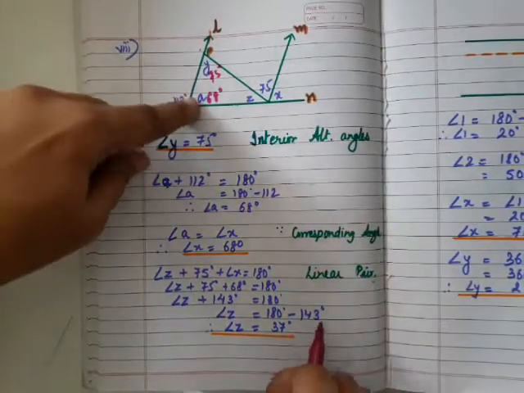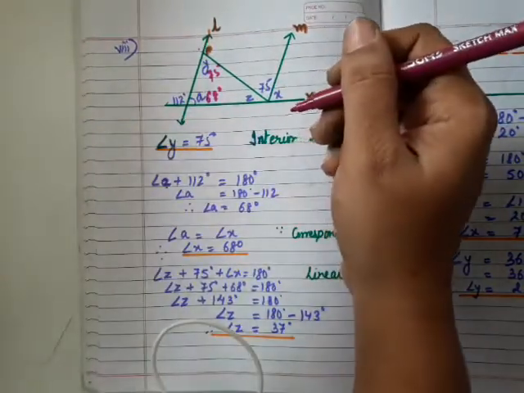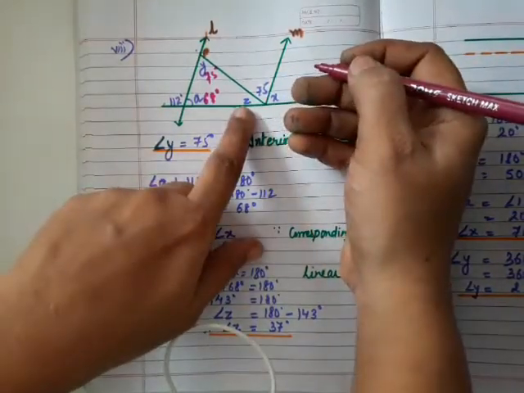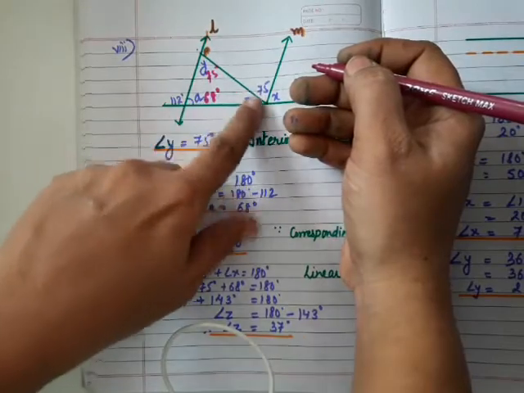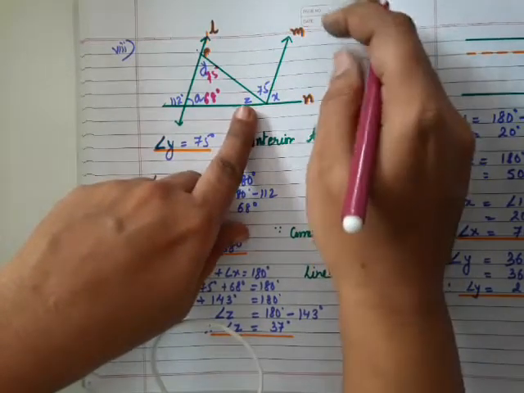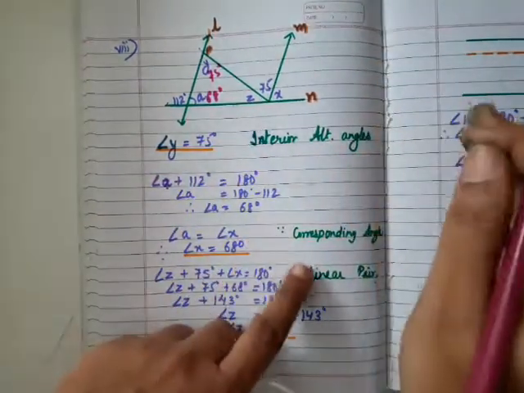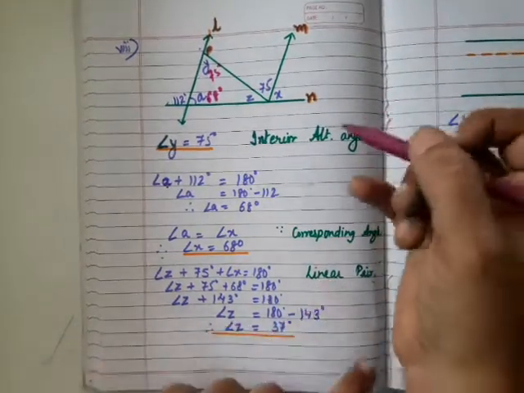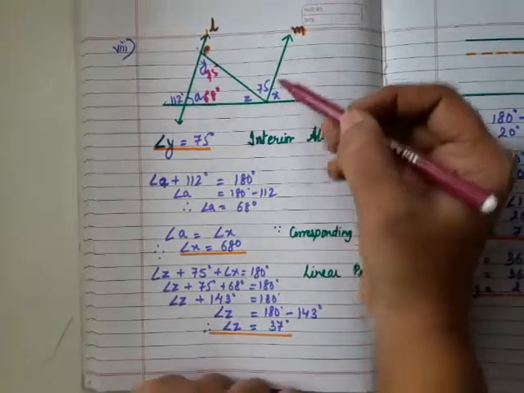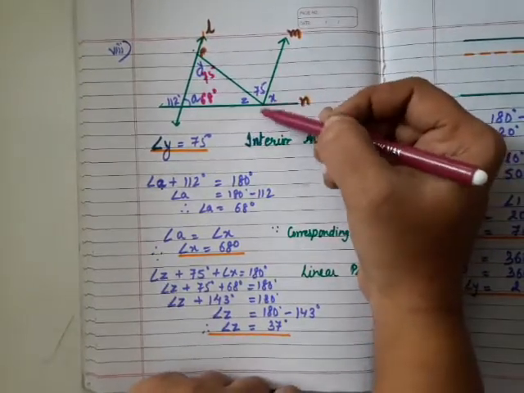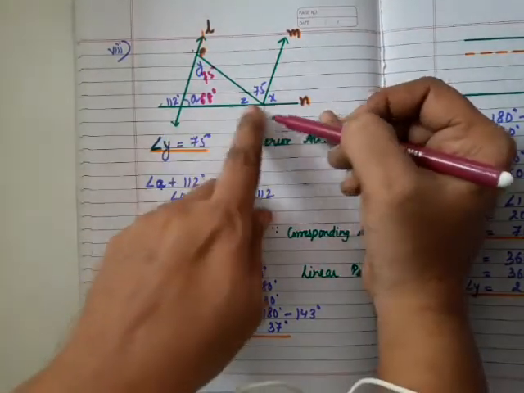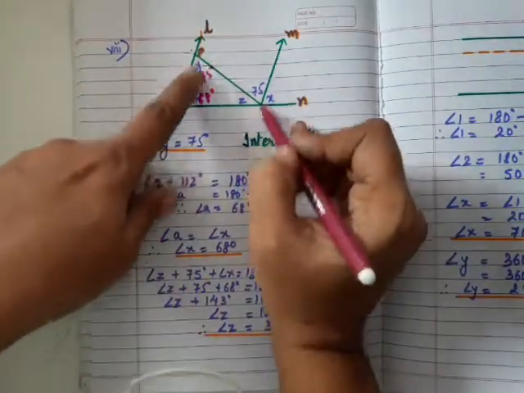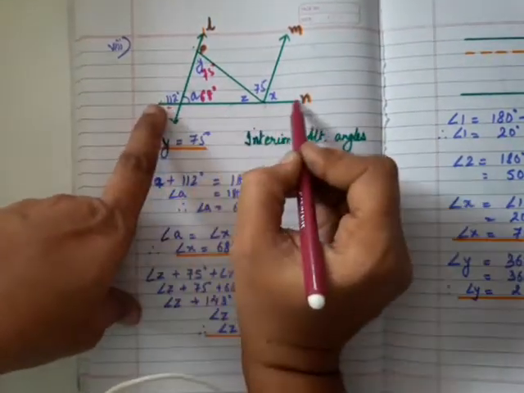Now if you see here, you have two ways of doing it. Finding out the value of Z by the triangle angle sum property. I have not done so because I am explaining parallel lines in more detail, but you can find out the value of Z with the help of it. Okay, what I have done is, the value of A I have found out as 68. Now as this is a parallel line, M is also, if I extend it here, and this is acting as a transversal, L and M are parallel, N is acting as a transversal now.